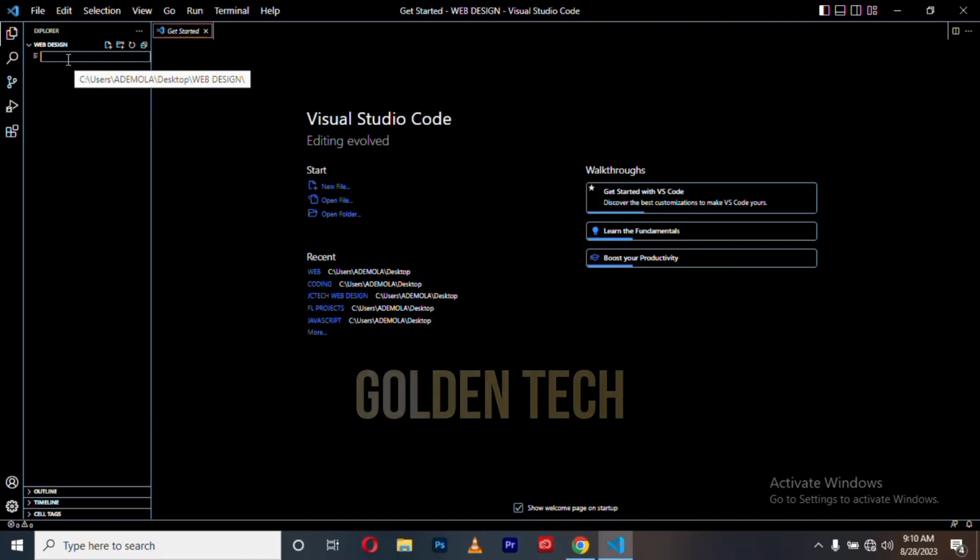Now while creating your file, okay, while giving your file a name, remember you can name your file any name. It depends on the project you're actually working on. So this is how you title your file. Let's say for instance you want to write my first work, and then you type something like my,